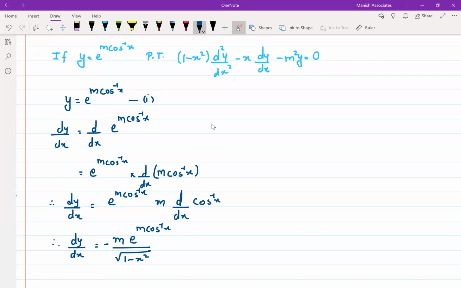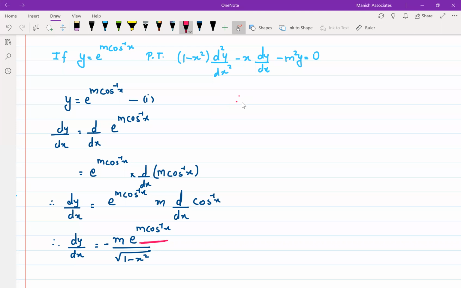Before we proceed for the second differentiation, let me tell you what we have to do. Before we proceed for the second differentiation, major changes will happen here. I am seeing in my final answer, I'm not seeing anywhere e raised to m cos inverse of x. I don't see this term anywhere in the final answer. So before I go for the second differentiation, we have to do this, because in the answer it is d2y by dx2. Because e raised to m cos inverse of x is not in the final answer, there is no point in carrying it unnecessarily. We'll try to eliminate it here only.